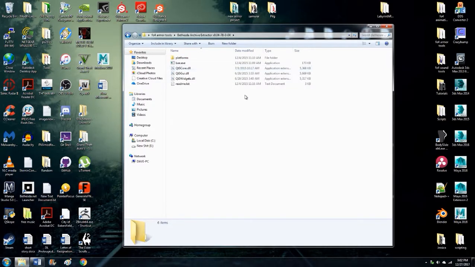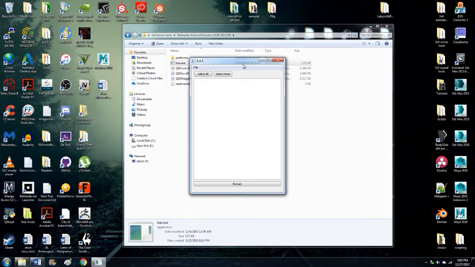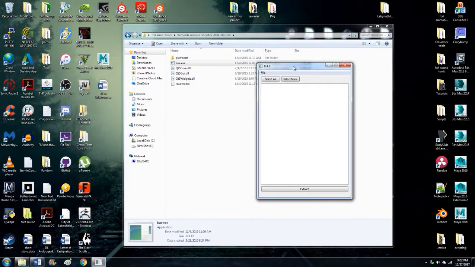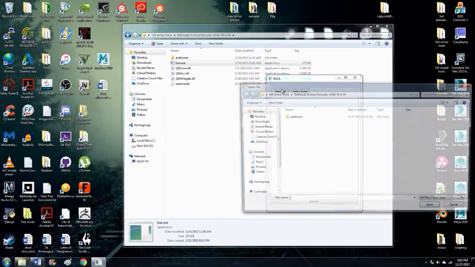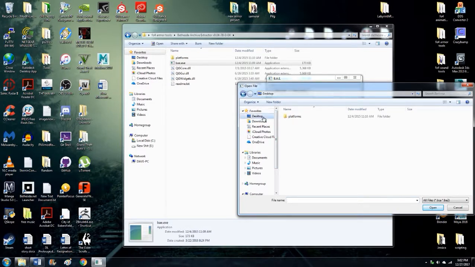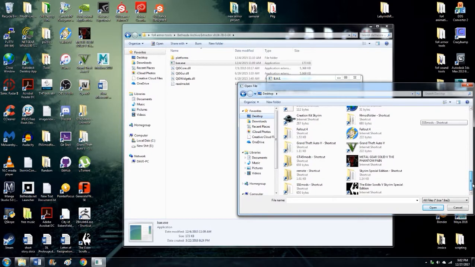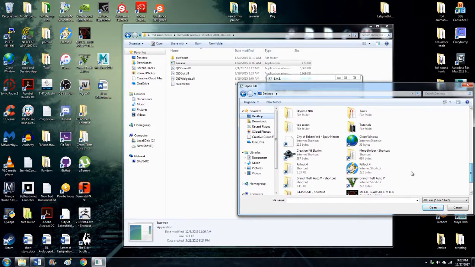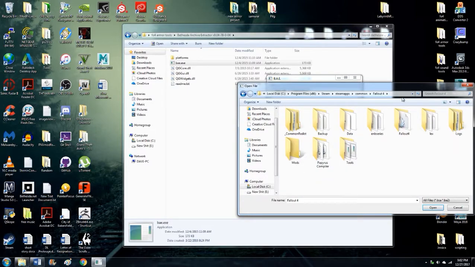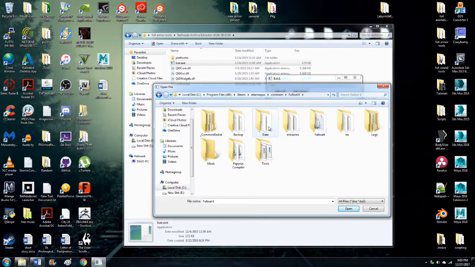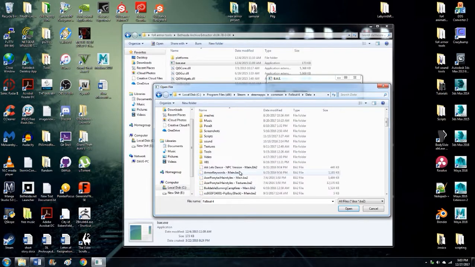All right. So Bethesda Extractor, it's extracted. And you open it up, BAE.exe. Double click that. Now it is open. Open file. And what you want to do is find your Fallout 4 folder. I have a shortcut for my Fallout 4 folder on my desktop, but typically you're going to find it in this file path or wherever you installed your game. So once you have it, data, and then